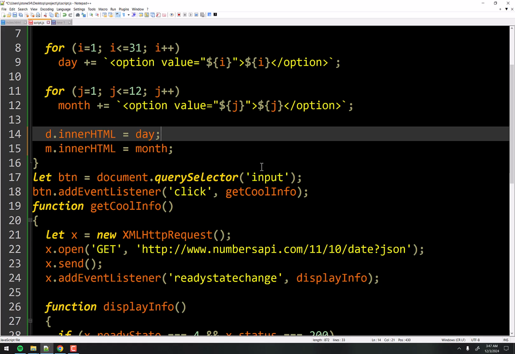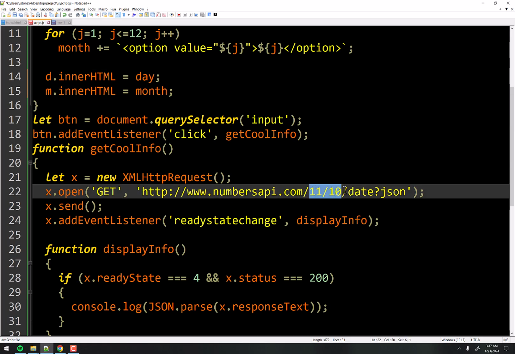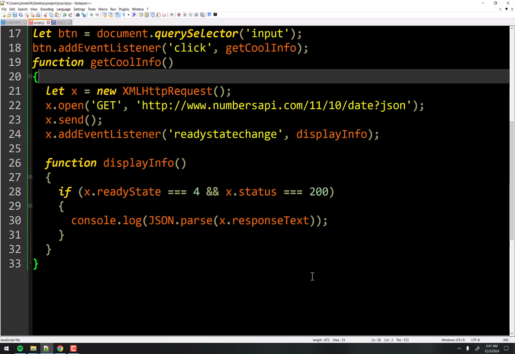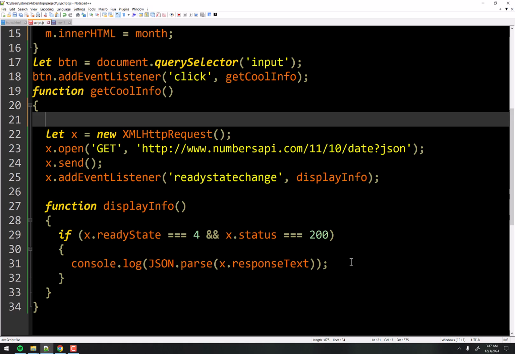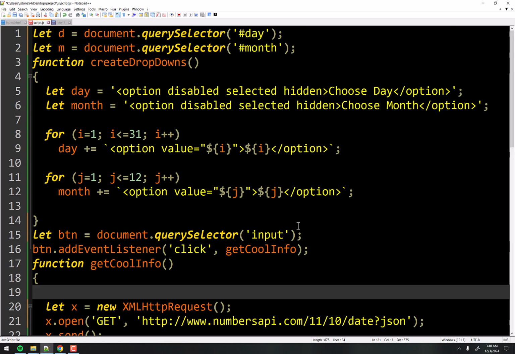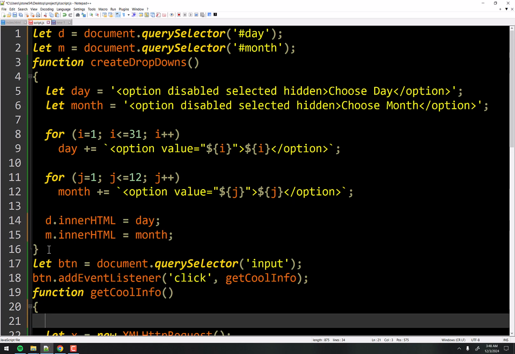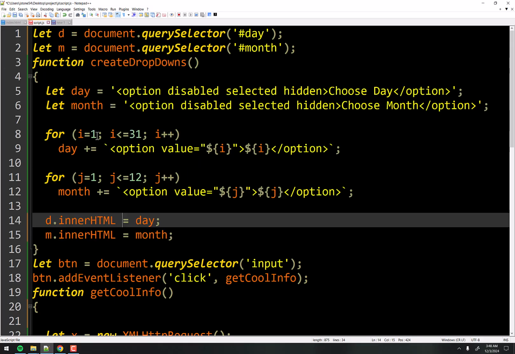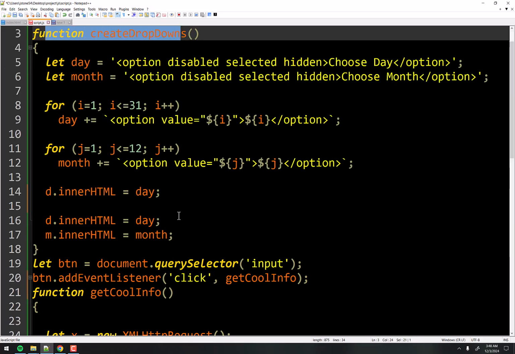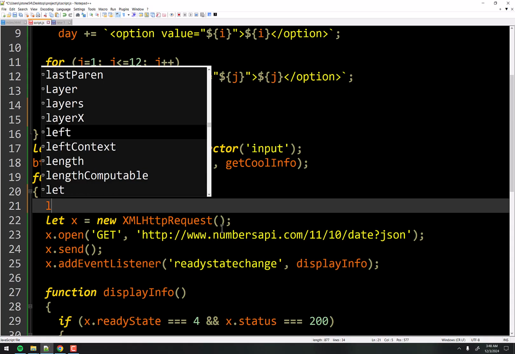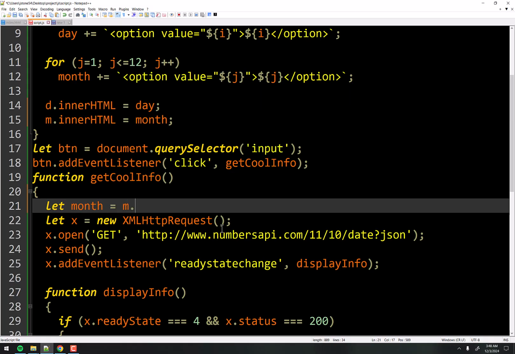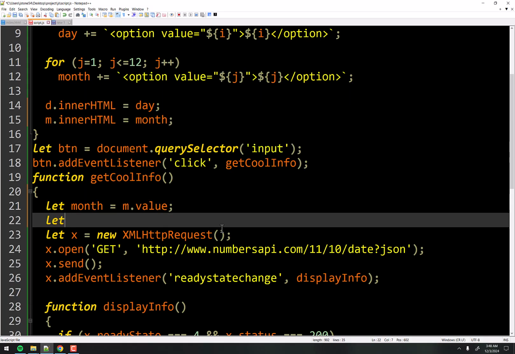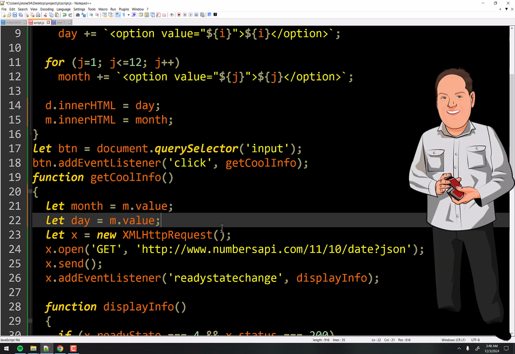The reason I did that is because I want access to D and M right here, because we want the values of D and M, right? Well, right here we can simply make another variable called day and month, right? There's a variable called day and month in this function, but they live and die inside of this function. So let's make another set right here. Let month equal m dot value, and let day equal d dot value.